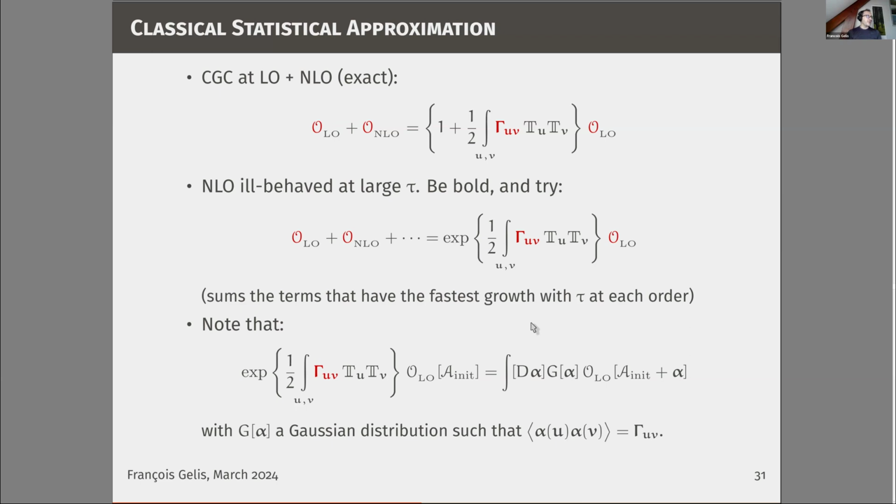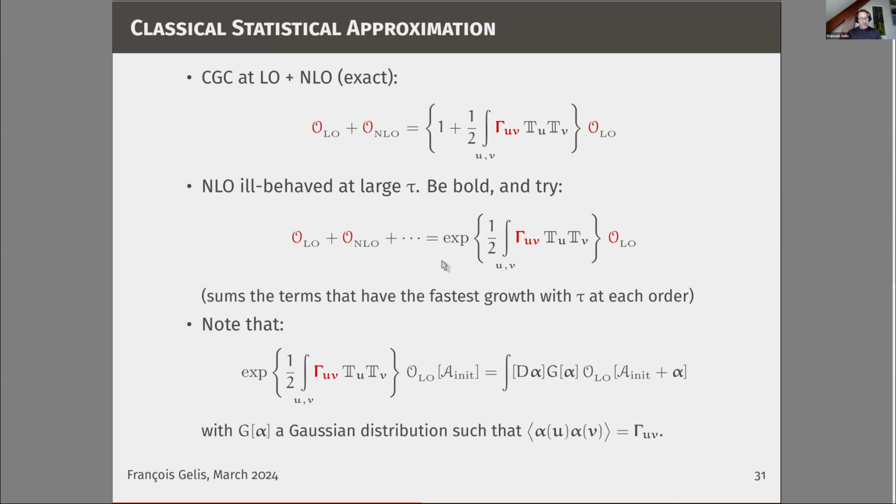And now the trick is to note that if you have an exponential of something which is quadratic in derivatives, it's really like convoluting your quantity with a Gaussian. With this G of alpha being a Gaussian distribution, you need only to specify its 2-point function, and it's precisely the gamma mu nu that was in this operator inside the exponential. So it's something which is very easy to implement numerically because